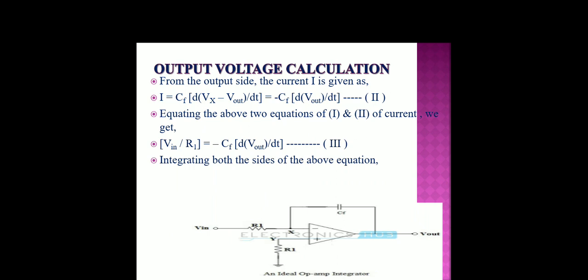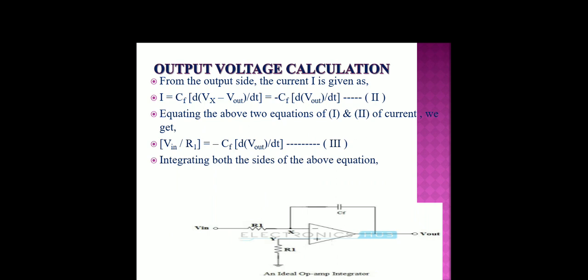This is nothing but the change in voltage; d divided by dt is the rate of change in voltage. I is equal to Cf into d/dt of (Vx minus Vout), which is equal to minus Cf dVout divided by dt. Equating the above two equations 1 and 2 of current, we get